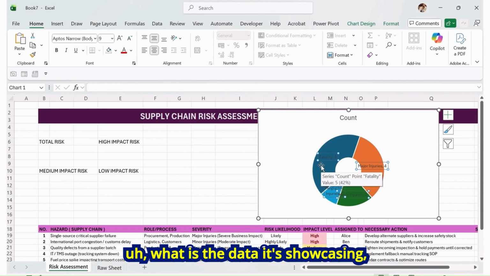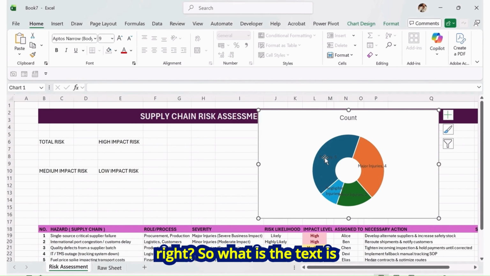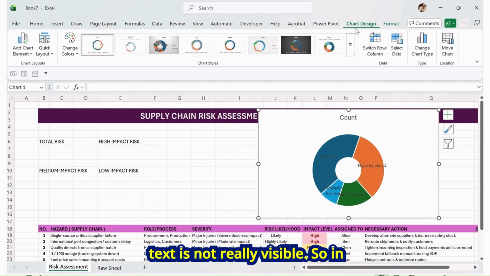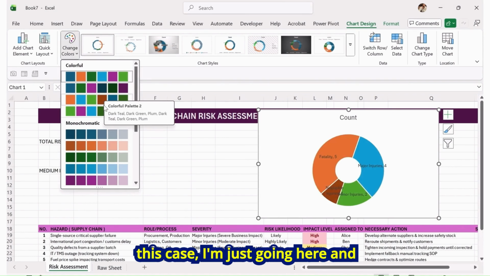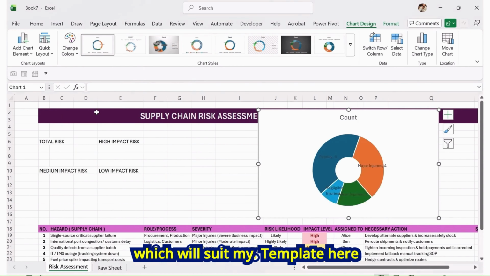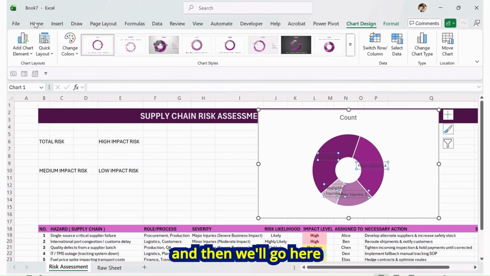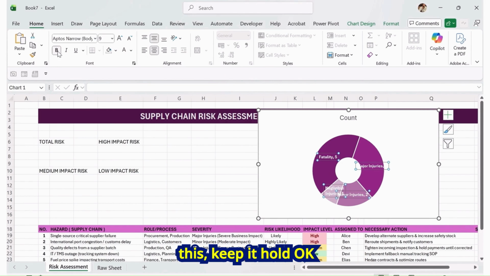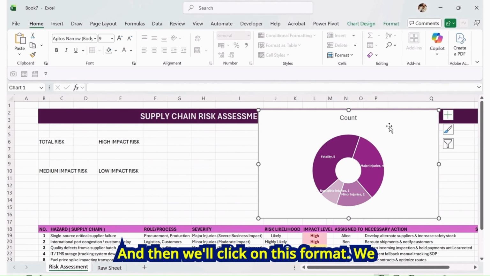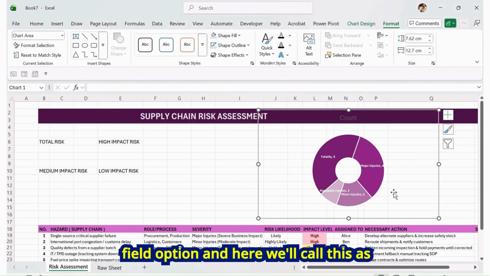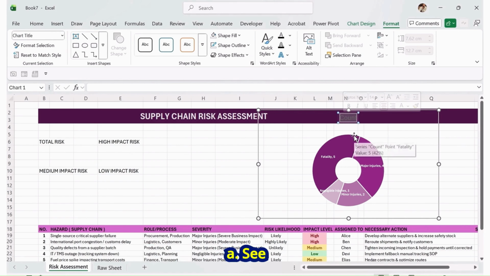I want to showcase what data it's showcasing, right? What is the text showcasing? Once you can see the text is not really visible, in this case I'm just going here and changing to an appropriate color, which will suit my template. Then we'll go here again, change the color to this, keep it bold, reduce the size, and then click on format. We'll change the no fill option, and here we'll call this